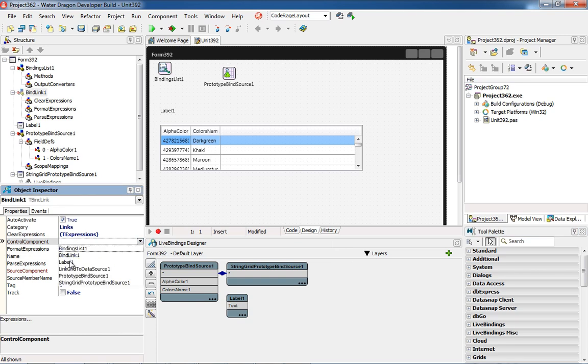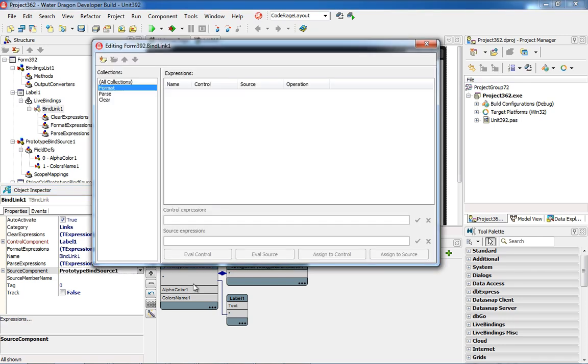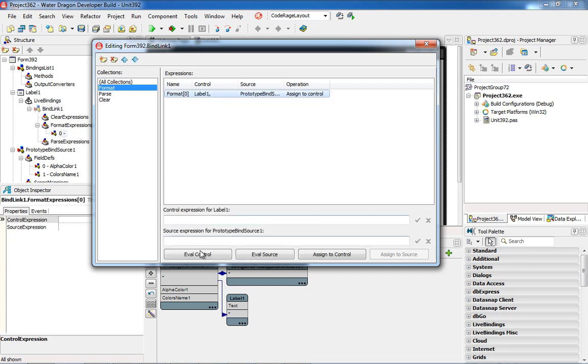Specify the label and the bind source as the control and source components. And then I'll go into the expression editor and add a format expression. For the control expression, we'll use the expression Text to access the text of the label. And for the source expression,